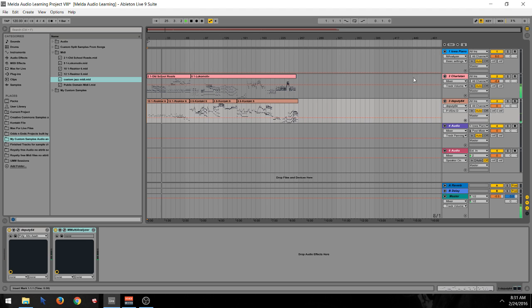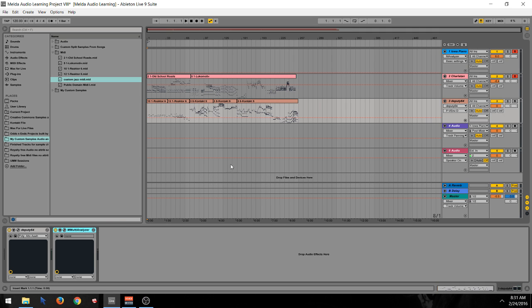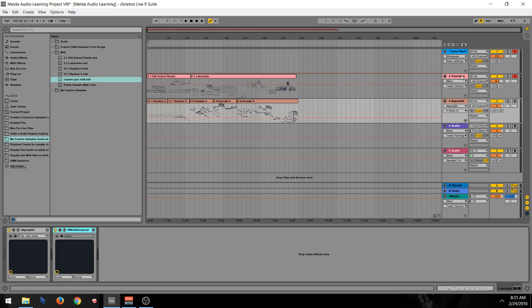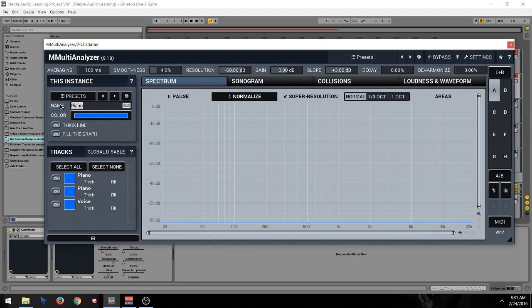Anyway, so we'll have kind of a synth instrument on this one. We'll have a voice over here, and then we'll have a piano. First, we'll start off comparing these two. So we have MAnalyzer loaded into every track. We'll rename them, having this one being the voice, this one being the